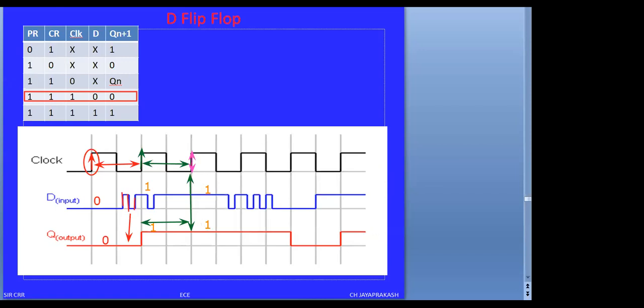Okay, similarly if you observe, during this clock pulse again the d input is changing the value 1 to 0, 0 to 1, but the output is not changed. The output is fixed to 1 only up to this point. Okay, even though the input data d is changing, here the d value is changing again here. During this interval the d value is changing from 1 to 0 and 0 to 1, but these changes in input data are not reflected in the output.